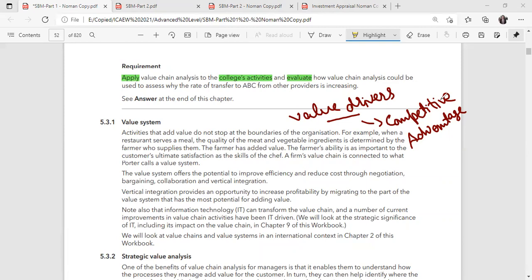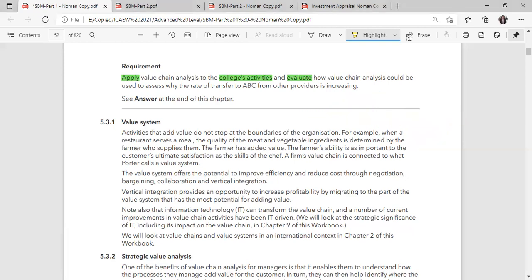So this was a brief discussion because that's a minor portion. You can just write down two or three names of activities that are your value drivers. Sometimes it is important to use some of your keywords in your answer. Your value drivers are going to provide you competitive advantage because you know your core competencies, where you can play, what your strong areas are, like lecturers and excellent pass rate. This is very good for any institution like ABC College, and that's why they have a very high success rate for their results. So that's all from my side. Anyone else who wants to contribute, please let me know.